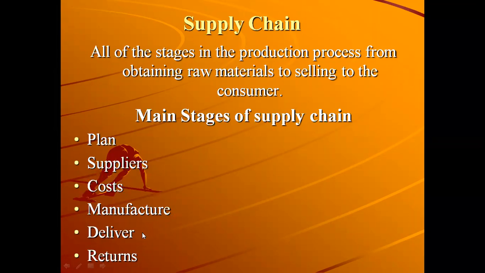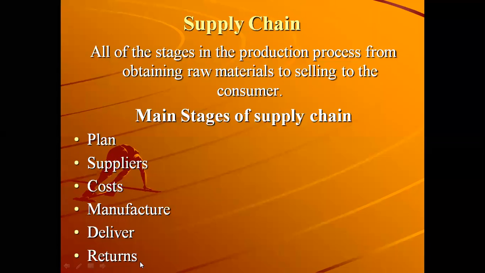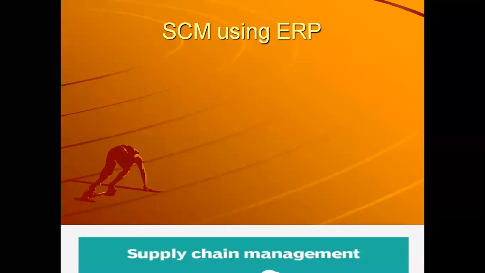Then you manufacture your items, then you deliver them to the customers. So sales is made, and finally, if there are any returns from the customer side, you receive them as well. So in return, either you replace the product, or you give them the money back, right? So this is how it is done. If you see the next slide, you will see through the picture as well how supply chain management can be made effective using ERP, because our topic is enterprise resource planning. Supply chain management, I told you, is very crucial. And to make it efficient, ERP helps a lot. Let's discuss how it is done.